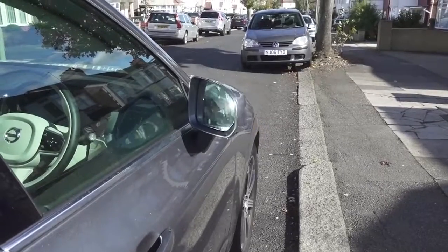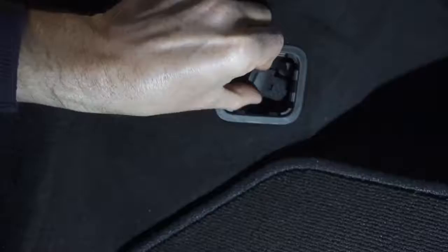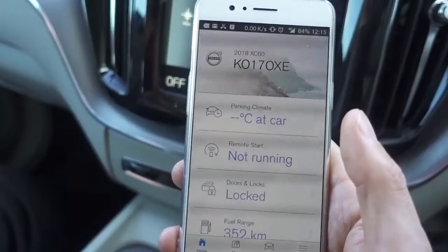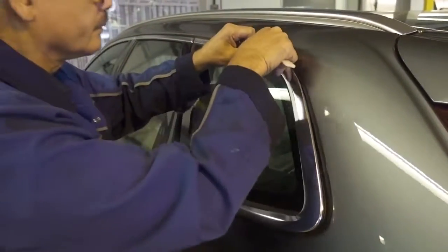Well, that was a very successful visit. So I've now got the door mirrors working on my car. I've also got the apps downloaded, the SIM card fitted. I've got On Call, so I can control it by remote control, and I'll be using that to prank some of the members of staff at Carwow who borrowed the car. And of course, I've got the new bit of trim fitted. And the whole piece is going to be sent off to Volvo in Sweden, and I'll let you know what was wrong with it. So if you want to find out more about that and what it's like to live with a